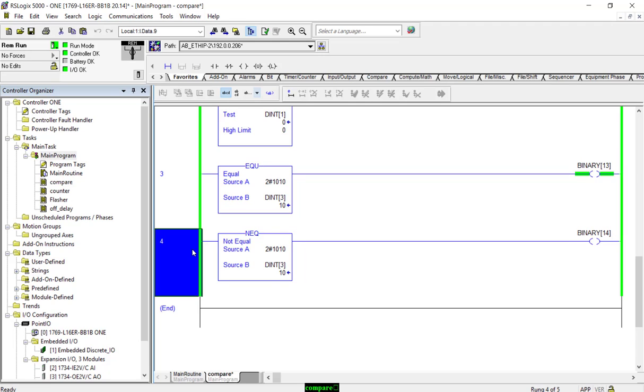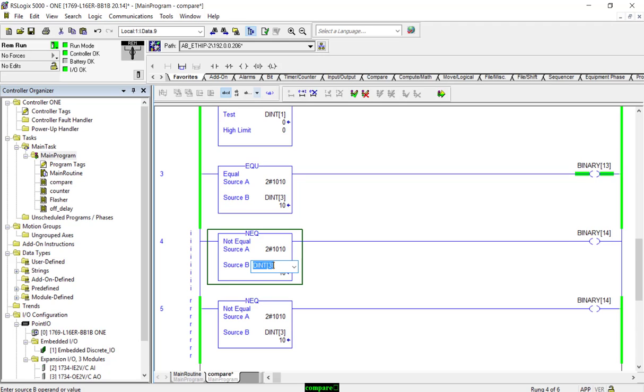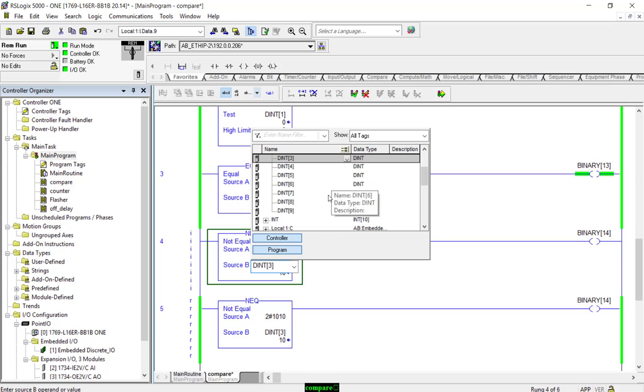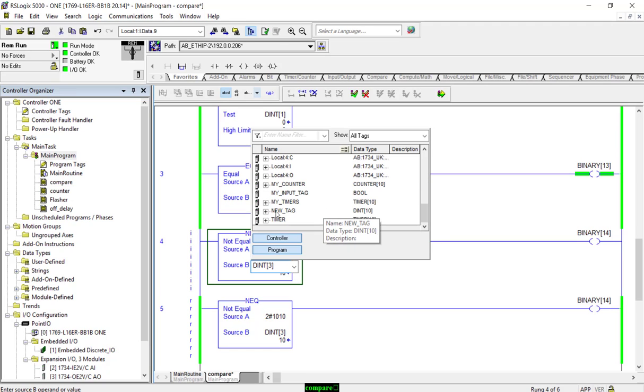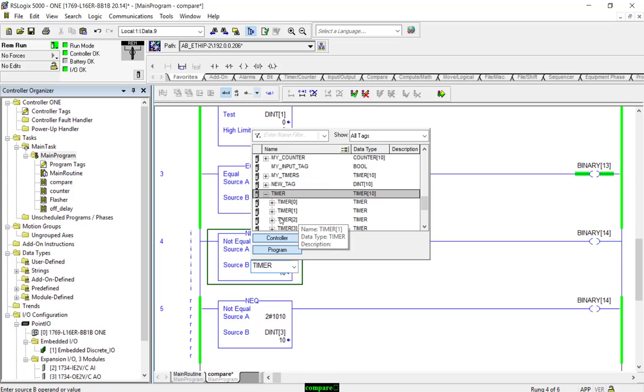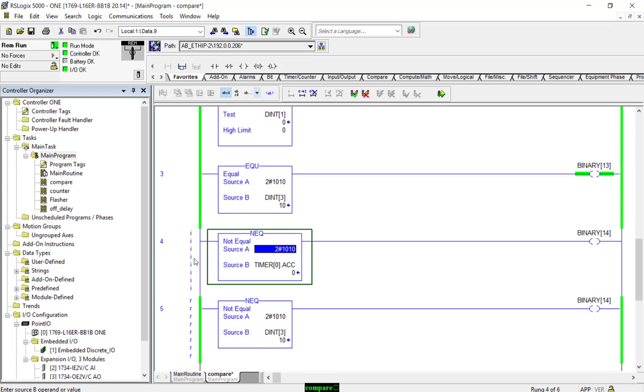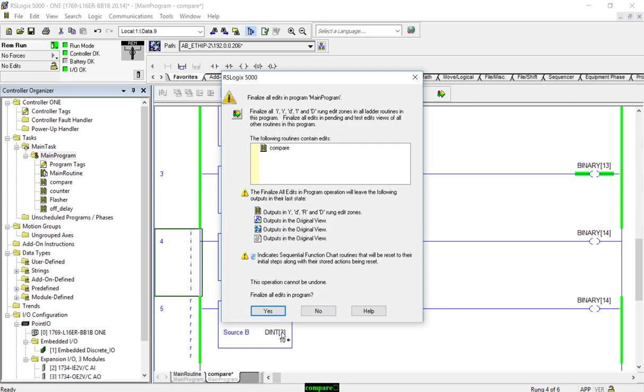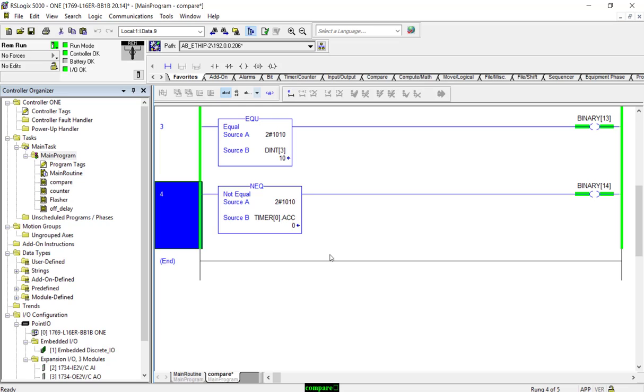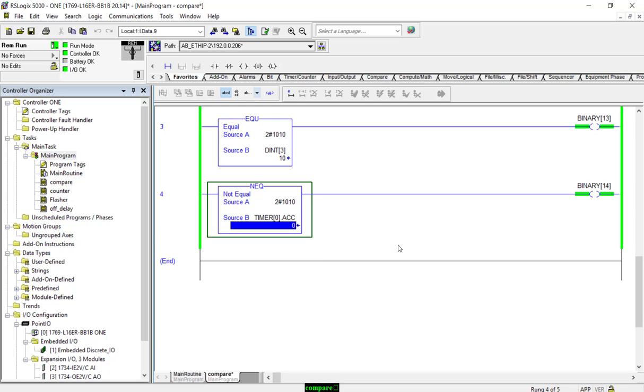So I can convert this to, say I want a double integer, say I want timer 0.acc, for instance. I can put that in there as well. So that lets me use an accumulated value of a timer. I put a value of 10 in there. It won't let me do that because why? It's probably being used in another piece of my program. So if I make this equal to a 0 here,